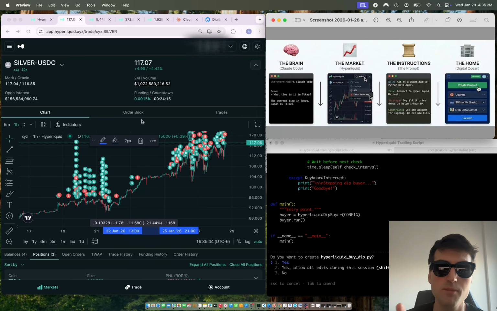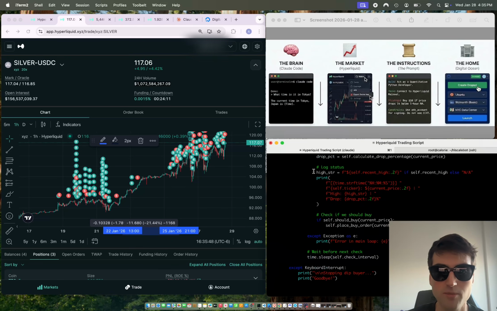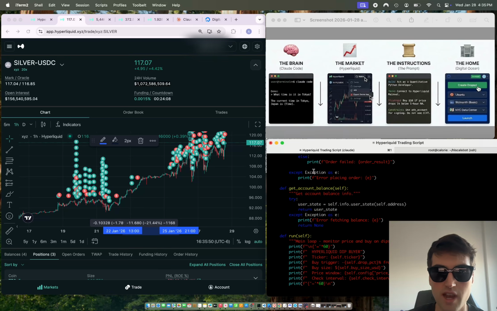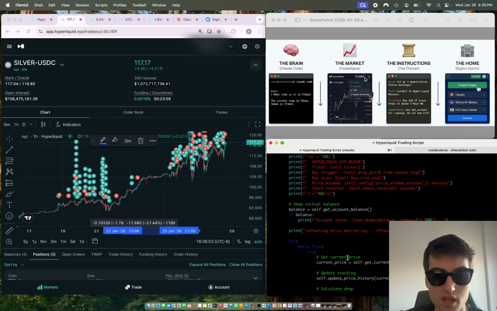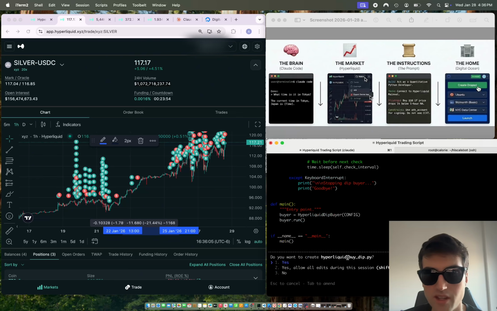The other reason, the pro tip, is why I like Hyperliquid too, is because a lot of these LLMs like Claude Code actually are very good, and they already know how to interact with Hyperliquid. If you do something like obscure perp DEXes, then a lot of times they're not going to know how to do the code, because they've been asked so many times to do Hyperliquid code. They just know how to do it, and so it won't take you that many tries. And that brings us to the third step, which is